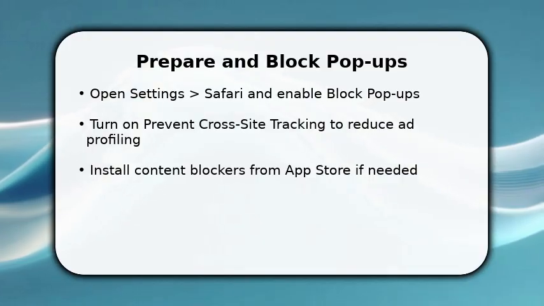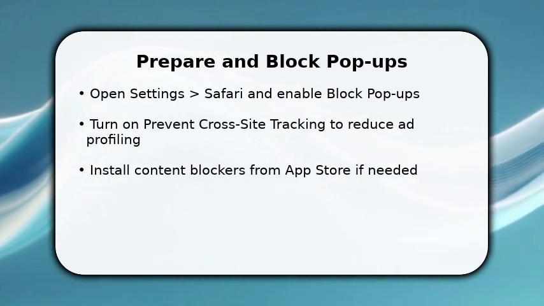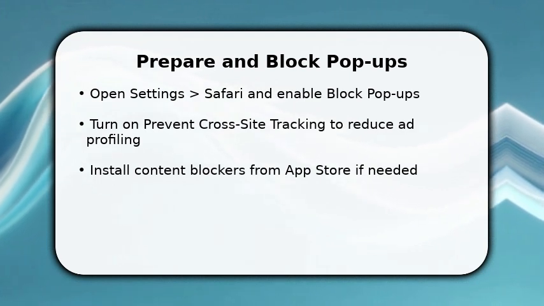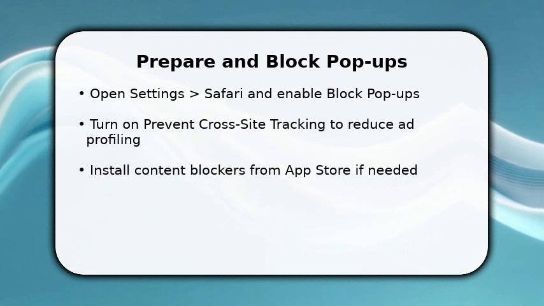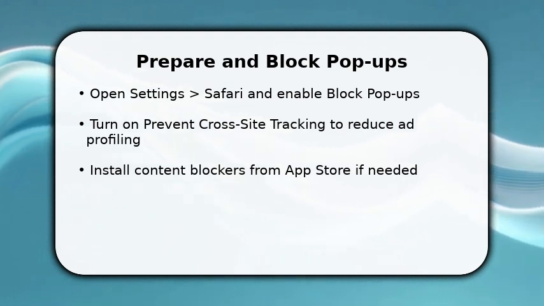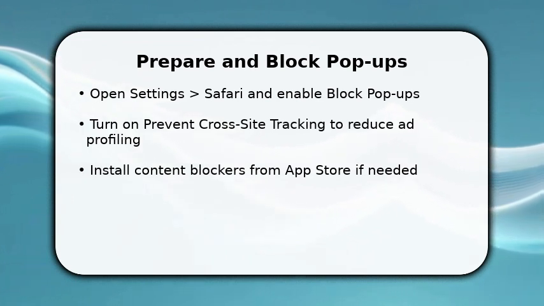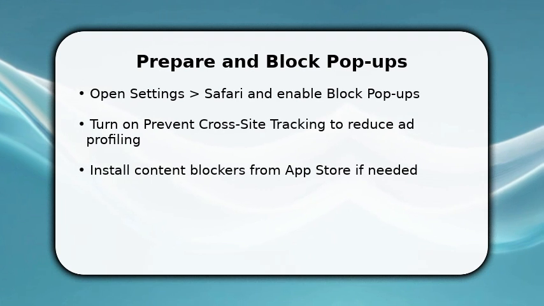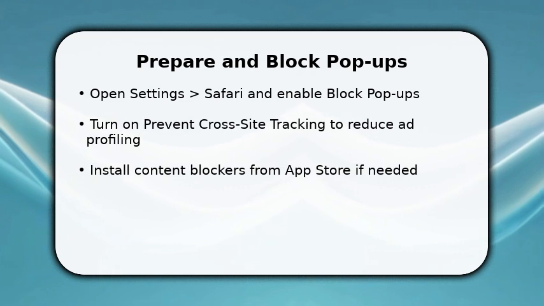You start by stopping the easiest sources of ads, pop-ups, and trackers. Open Settings and go to Safari. Toggle on Block pop-ups and prevent cross-site tracking so intrusive windows and targeted ads are reduced. If you want stronger filtering, download a reputable content blocker app from the App Store and enable it in Safari extensions. Once done, make sure your iOS is up to date so these protections work correctly and performance stays smooth